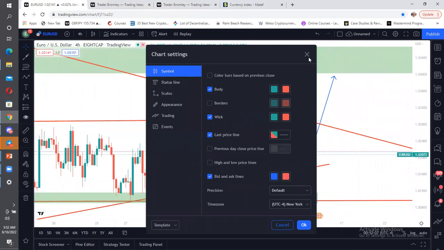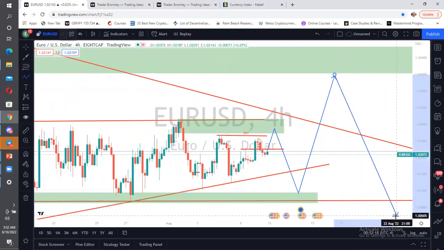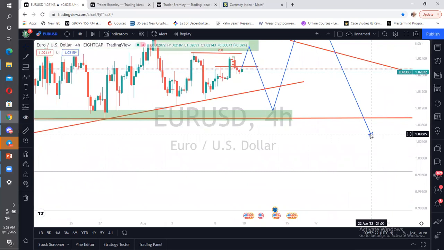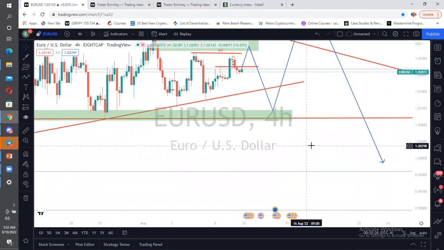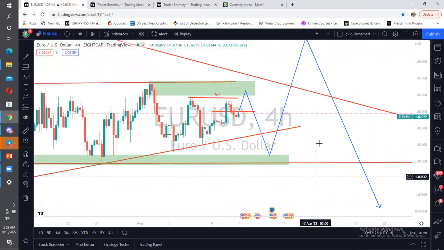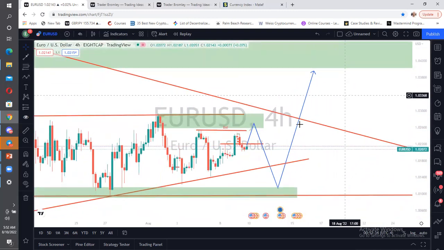So we want to see them come up to the upside here and hit this level before we start seeing a movement to the downside. That is what I'm talking about. So when we hit here, we'll start going to the downside. That is what I'll be expecting there. So this is in the long run, but this is what we're expecting to have here.